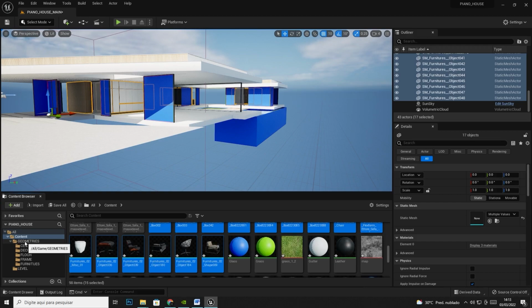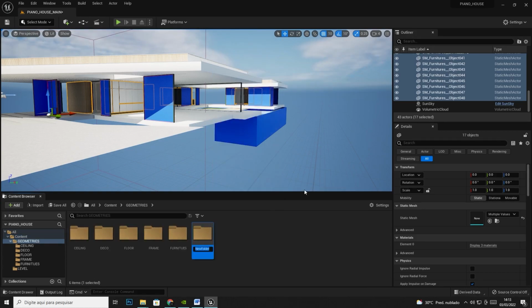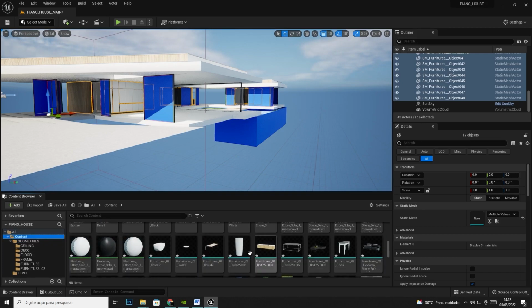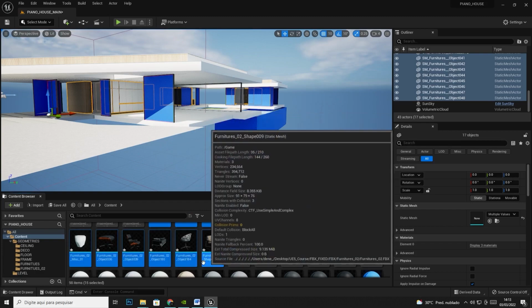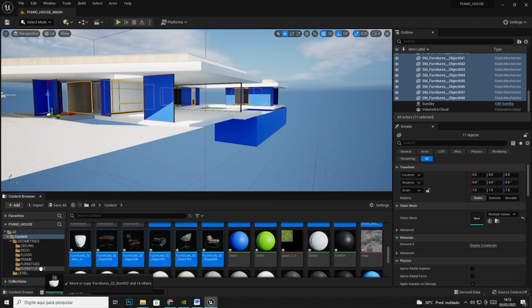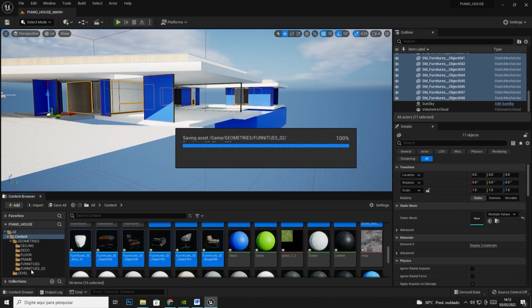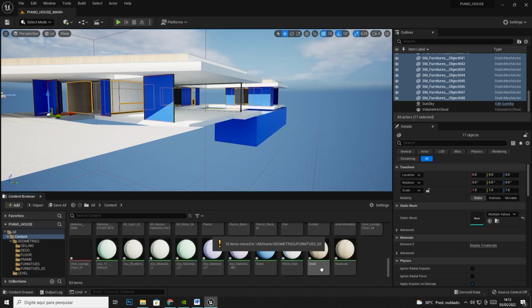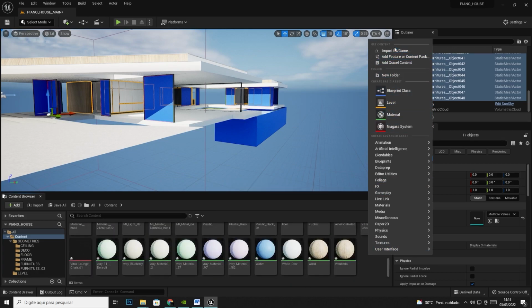Okay, geometries. New folder. Okay, furnitures 02 without space. Okay, with underline. All right. Furnitures 02. Yeah. Move here. Yeah, after we can add to the scene, okay? Next folder,